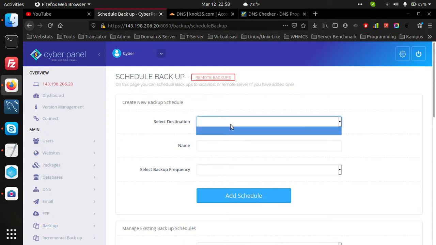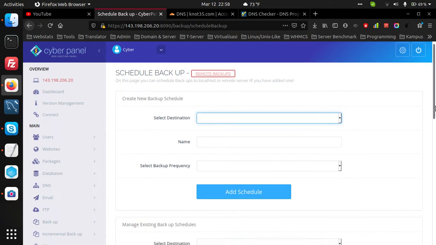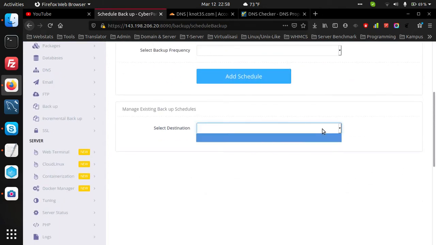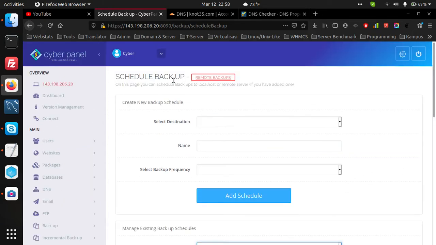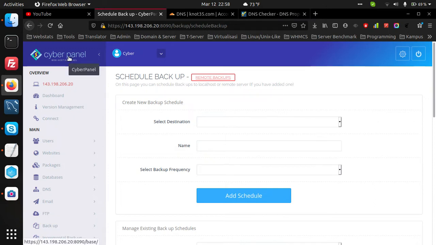Then select destination, remote backup, existing backup. That's it for remote backup. Simply go back.